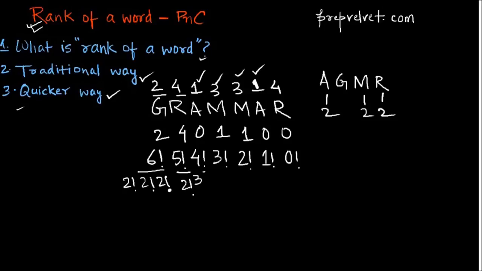In the next case we have 4 factorial divided by 2 repetition of M and 2 repetition of A, hence 2 factorial to the power 2. In the next case there is only repetition of M, so 2 factorial. No repetition, leave it. Now multiply these two and add 1 to it to get the answer. The answer comes out to be 6 factorial, which is 720.